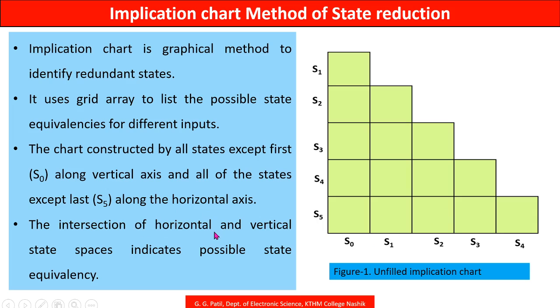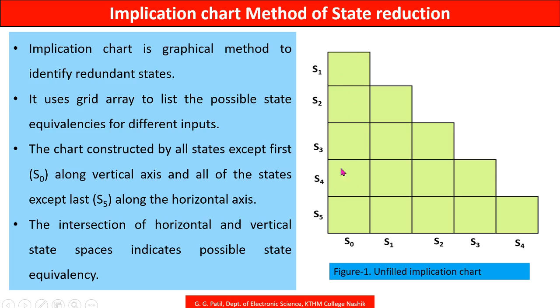The intersection of horizontal and vertical state spaces indicates the possible state equivalencies. So in this way there are 6 states, S0, S1, S2, S3, S4 and S5, along the vertical